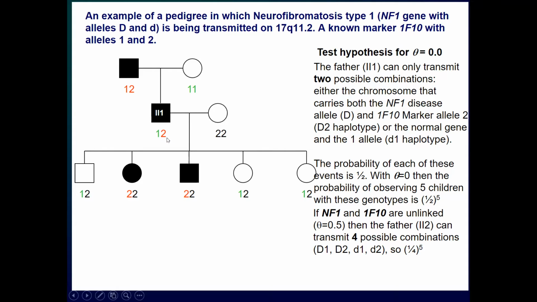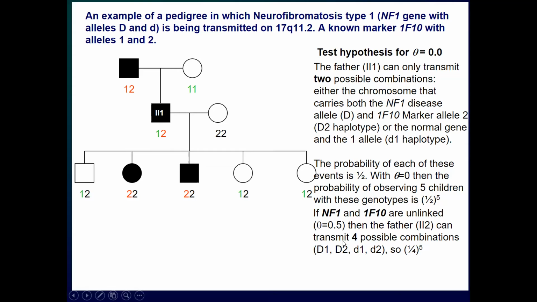If the marker with alleles 1 and 2 is totally independent of the transmission of the gene with alleles capital D, small d, then you do expect this individual to transmit either capital D1, capital D2, small d1, or small d2. So there are 4 possible scenarios,